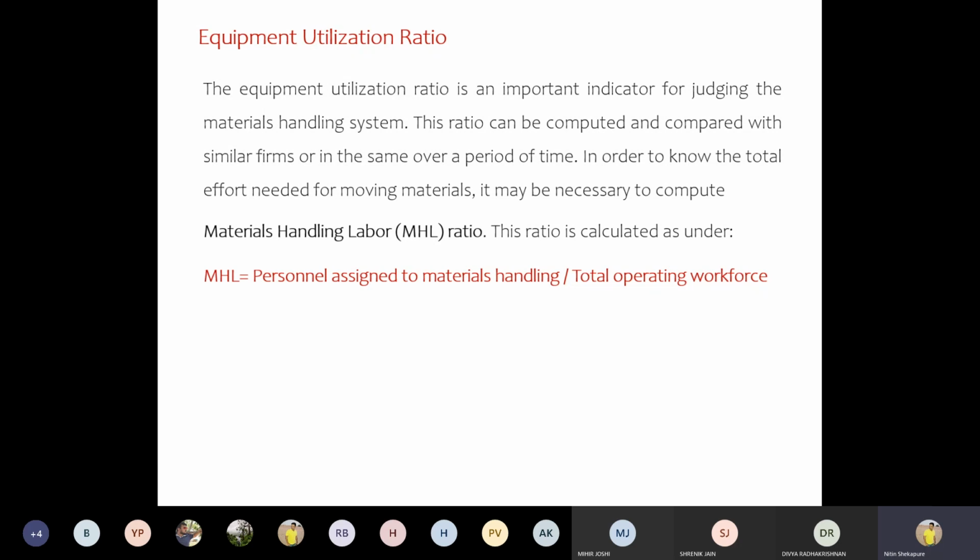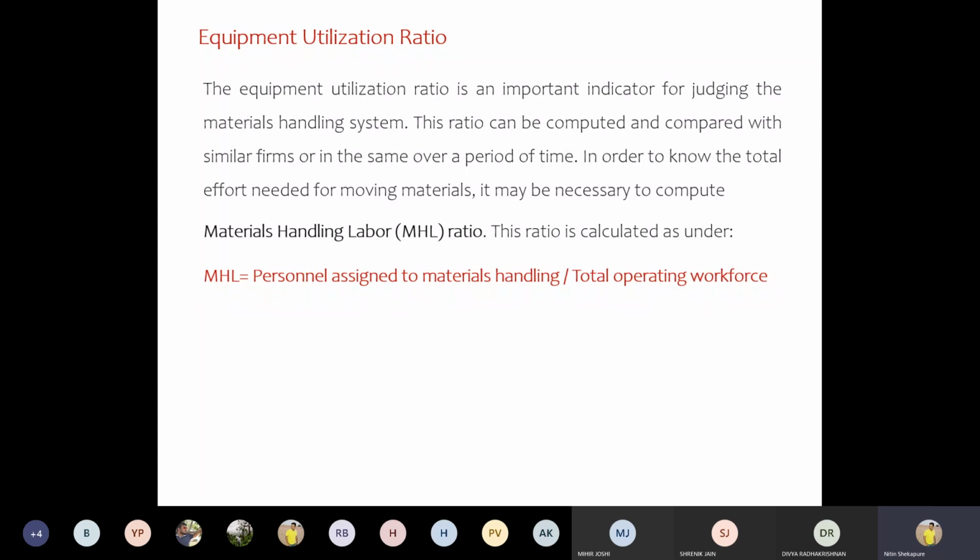At the same time, to handle all this material efficiently, after assigning the material handling to a person, suppose the capacity of each person is 10 kg and the total load is 100 kg, so we require 10 people. So we need to show a total operating workforce of 10 people. Getting it or not? In software also this happens: when a project comes, they say first show me your total operating workforce. That's why there is a concept called bench. They have to keep people on the bench, why? To show the total operating workforce.